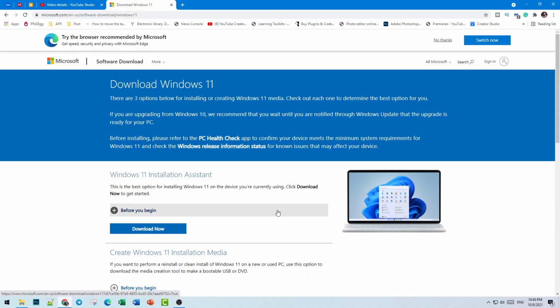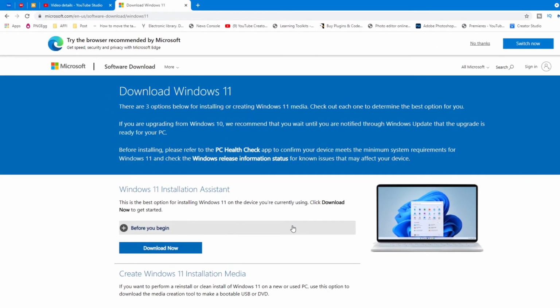Today in this video I would like to show you how to download Windows 11 from Microsoft, official from Microsoft. Okay, let's start. To download the Windows 11 that was just released, original from Microsoft, I have put